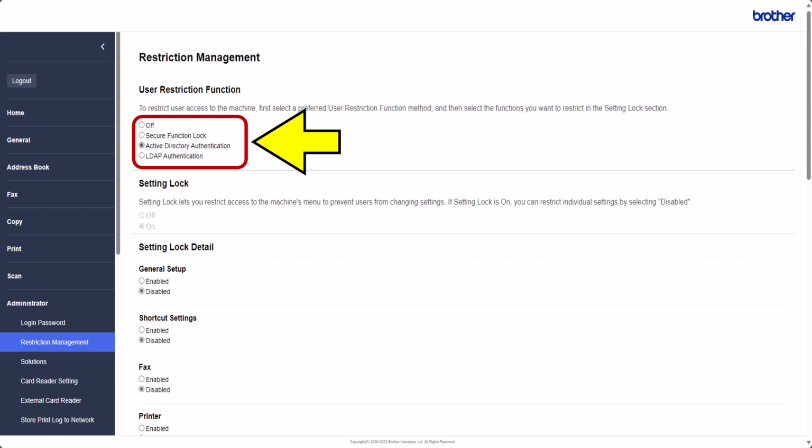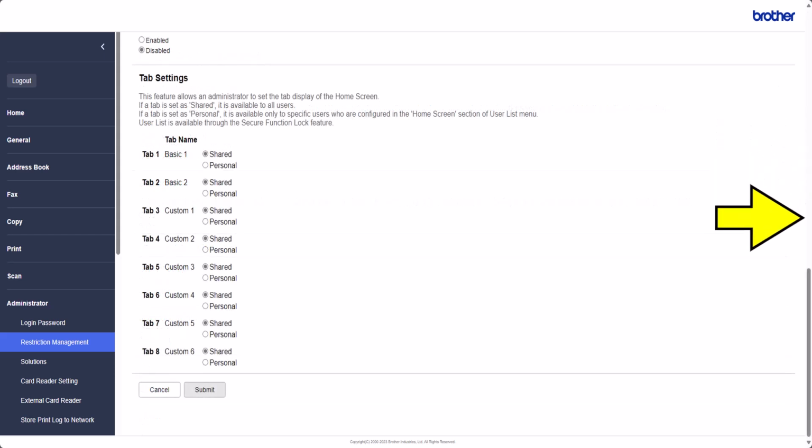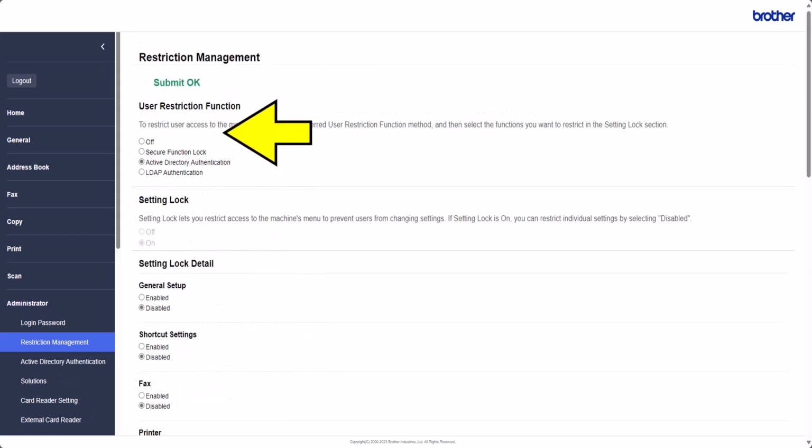Select Active Directory Authentication. Scroll to the bottom of the page. Select Submit. Submit OK in green will now be at the top of the page.